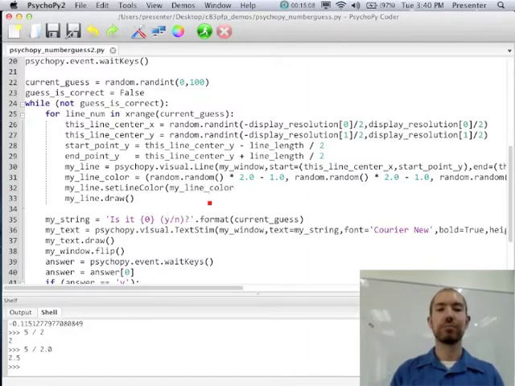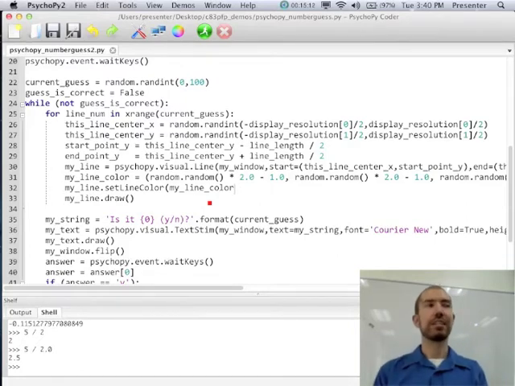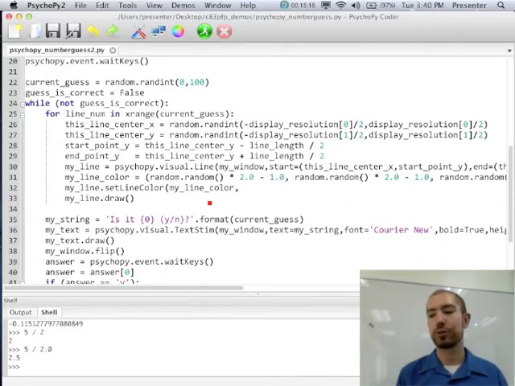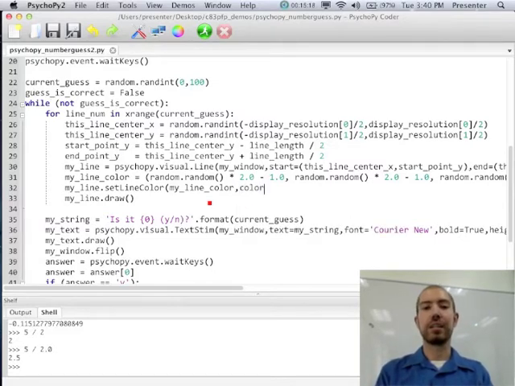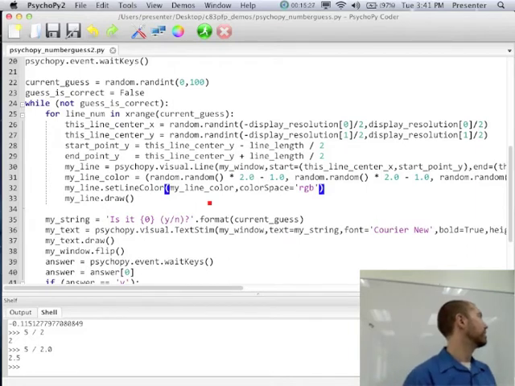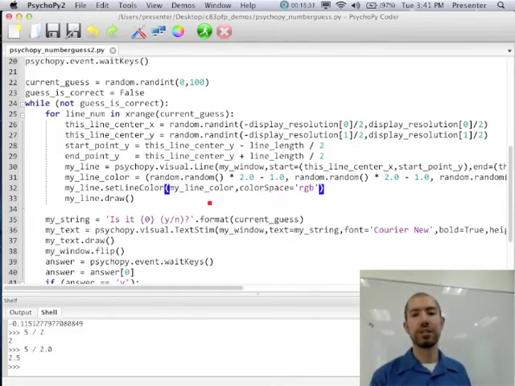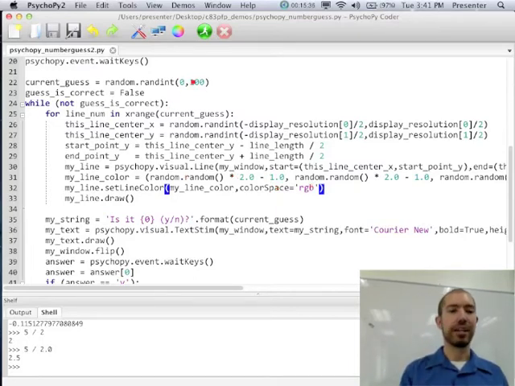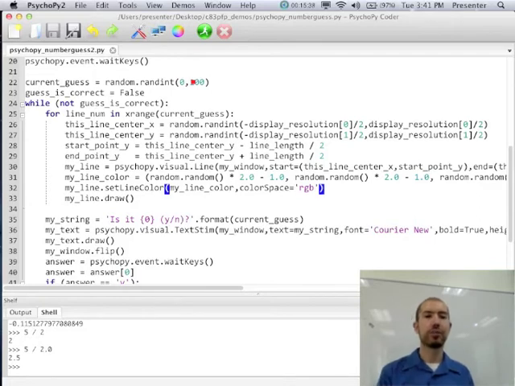line color. Now there is one other thing we need to do, which is tell it, remember I said there are different ways of specifying colors, right? We call these color spaces. So we're going to need to tell it our color space is equal to RGB. And that was that thing where it could have been HTML colors, it could have been word names for colors, but we're going to use the RGB color space where we specify a red, green, and blue value. All right, so that's just 2 lines we added to our code.